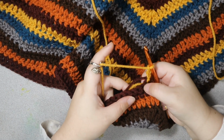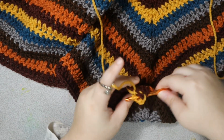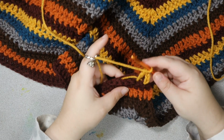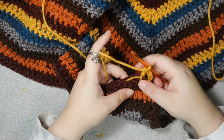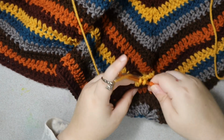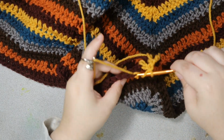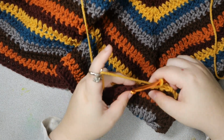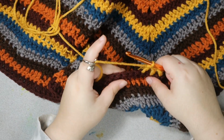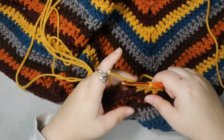I'm going to skip this stitch next to my chain 3 and go right into the third stitch from the beginning of the row. And then I'm going to skip the one next to that and go right into this one. Skip the one next to that and go right into this one. Just do that until the end of the row, and skipping every other stitch is just going to make it a little bit tighter